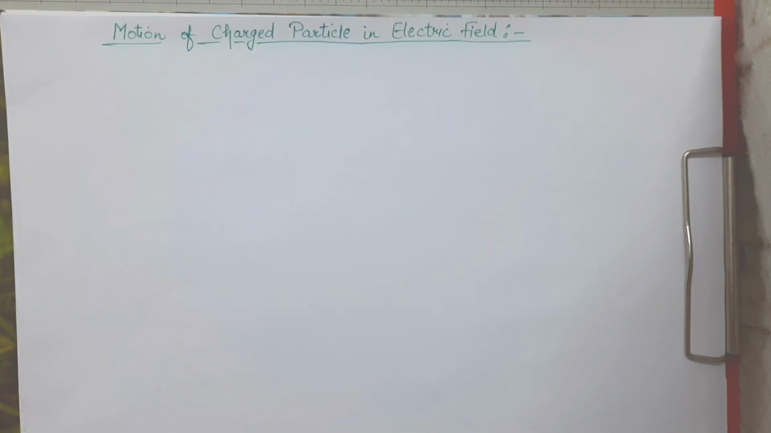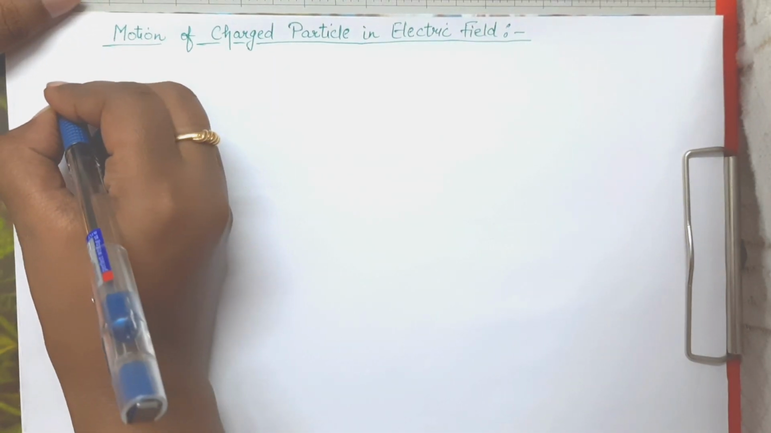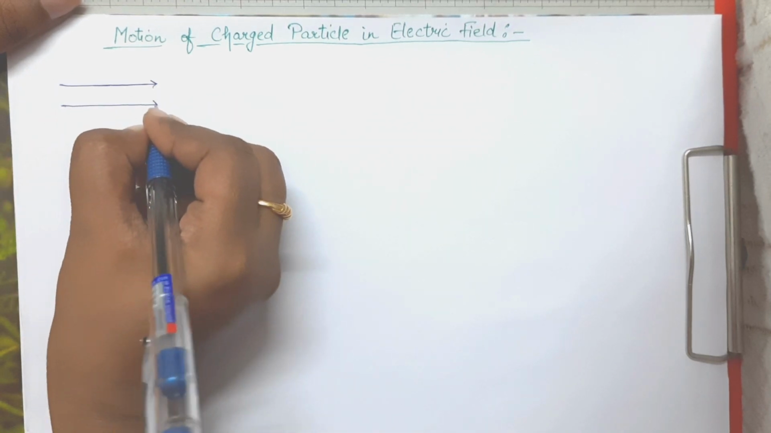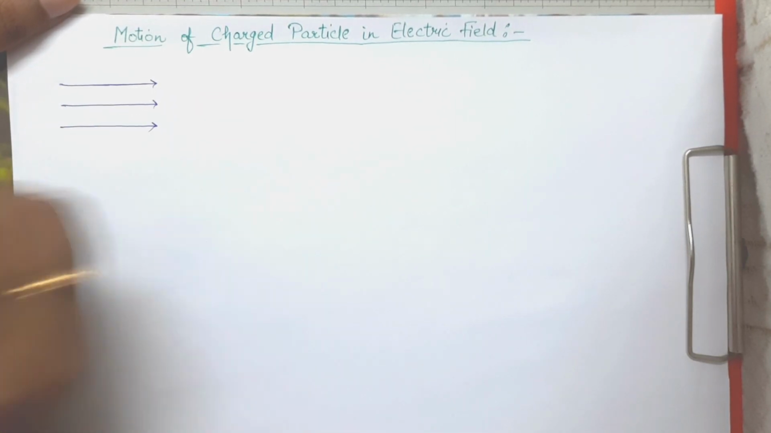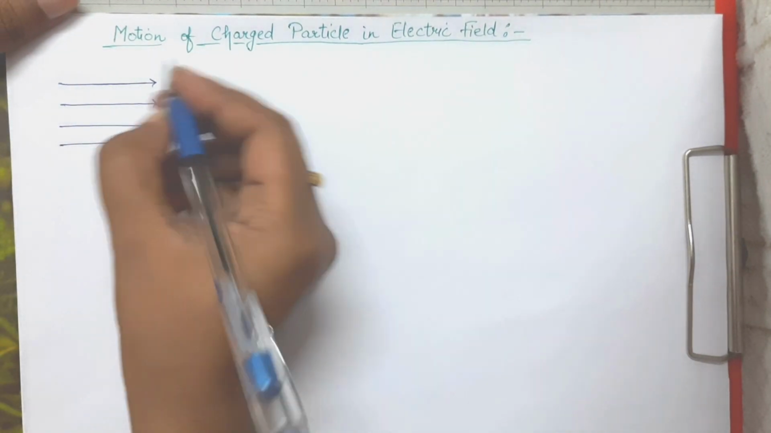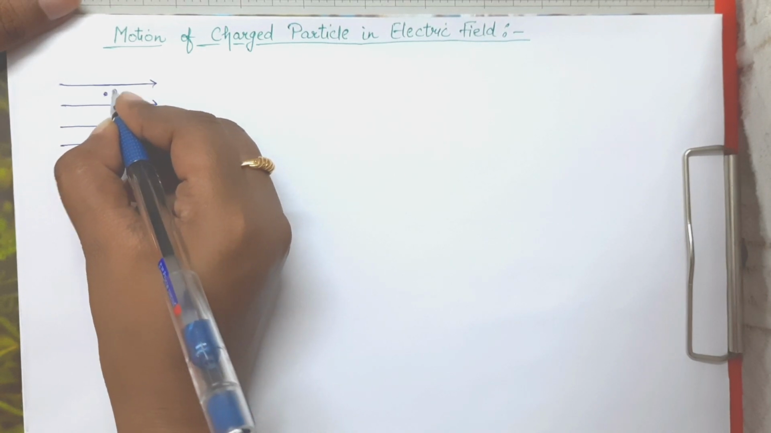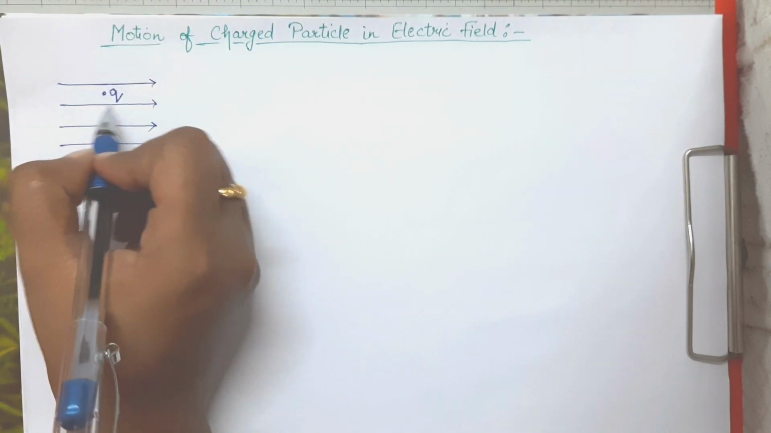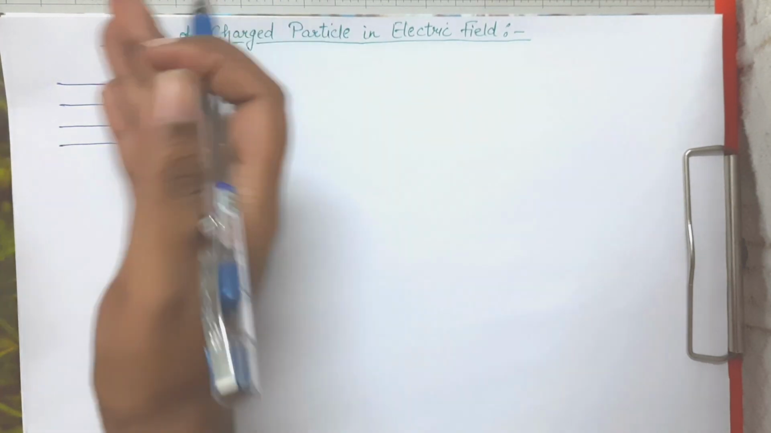So in this particular video we are going to discuss the topic of motion of a charged particle in an electric field. Suppose we are having a gravity free space, and in that gravity free space we are having an electric field like this. We are placing a charge q here. Now we want to study the motion of this charged particle in this electric field